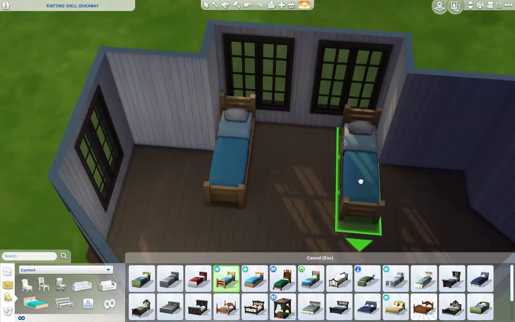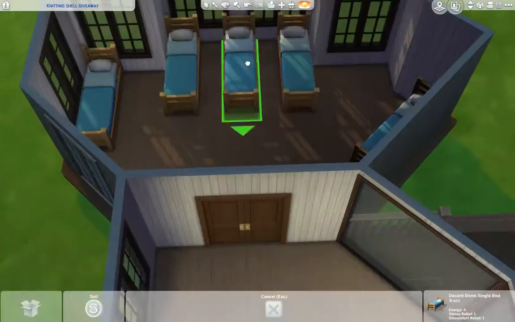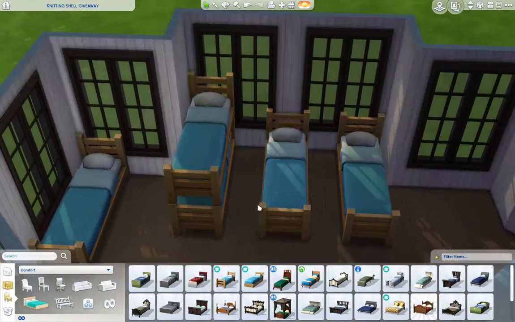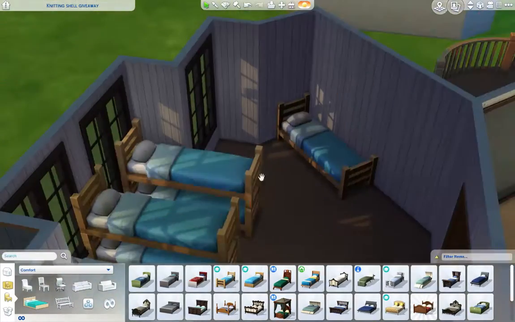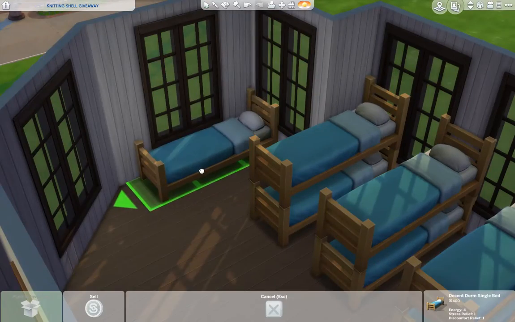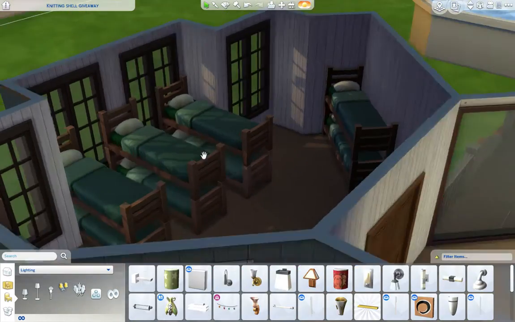So I decided to make this the actual quote-unquote living space, or just the bunk room, literally. Obviously we don't have in-game bunk beds, so I just took these beds from Discovery University and raised a second one on top. Obviously the one on top isn't functional, but there are several functional beds in the build, so there are places for your sim to sleep. I didn't playtest the bottom bunks, so I'm not sure if they work, but there are some other beds